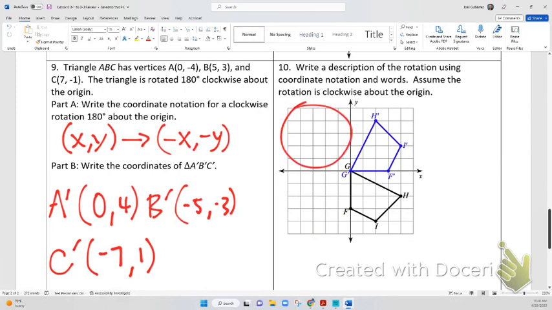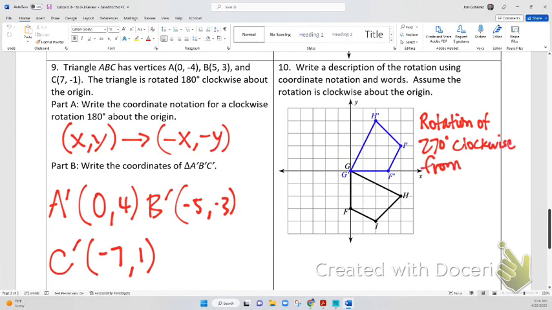If it was 180, it would be directly across from it, which it's not. So that means that the only rotation this can be is a 270-degree rotation. So we would simply just write a rotation of 270 degrees clockwise